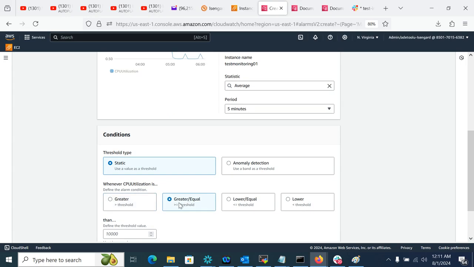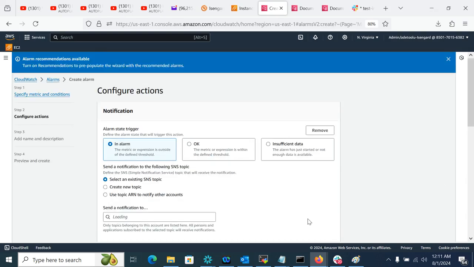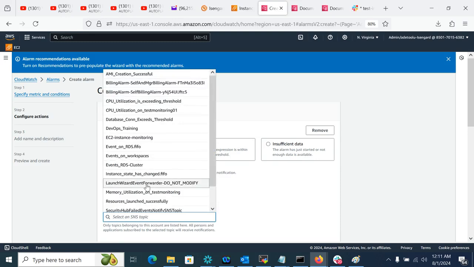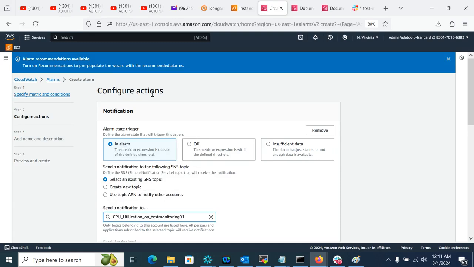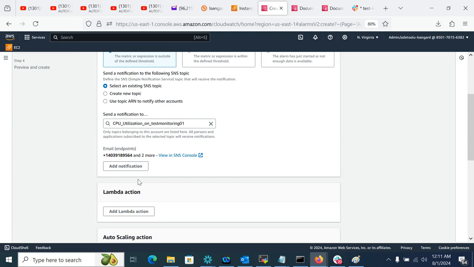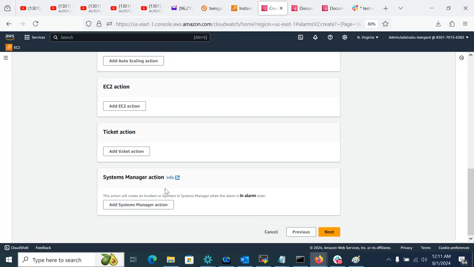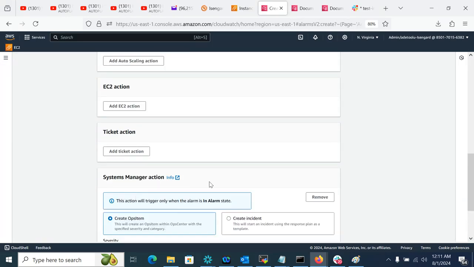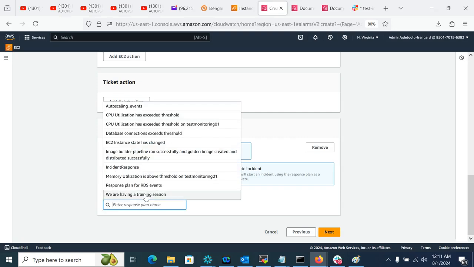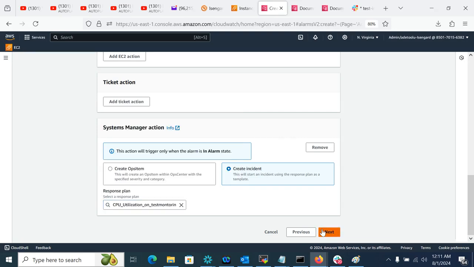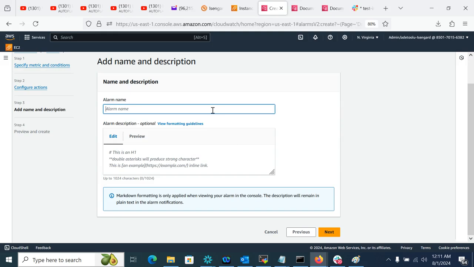I would say once this utilization is greater than or equal to 90%, trigger an alarm. I use this topic. I can create a topic here to send out notification to the engineers. Create an incident using this response plan. Simple. What's the name? I can just say CPU